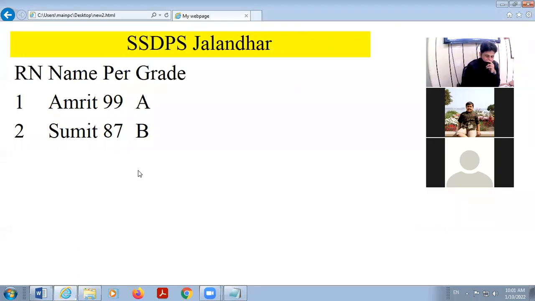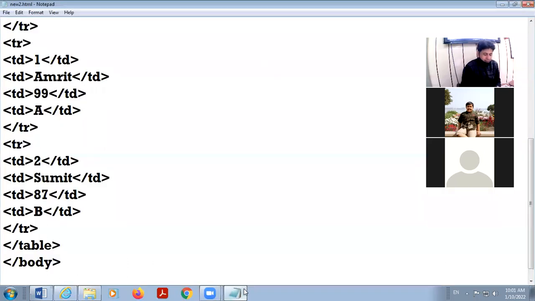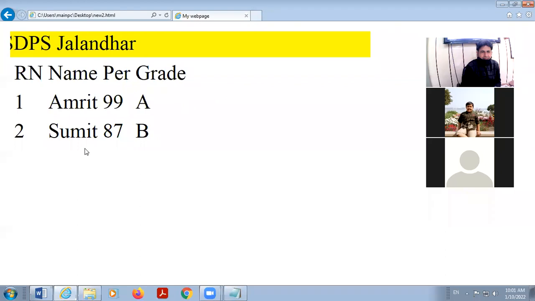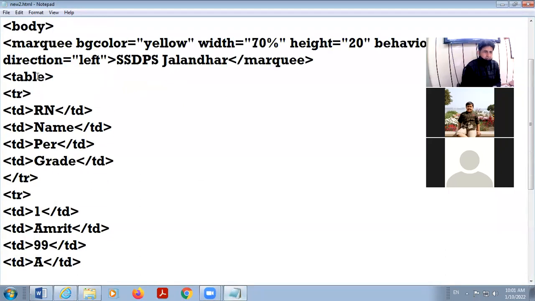Okay, now in my table, I displayed the table, but there is no border. If I want to set a border to the table, there is one attribute of the table tag that is called border equal to, here you will give the size, here 2 or 3 or 4 or 5.